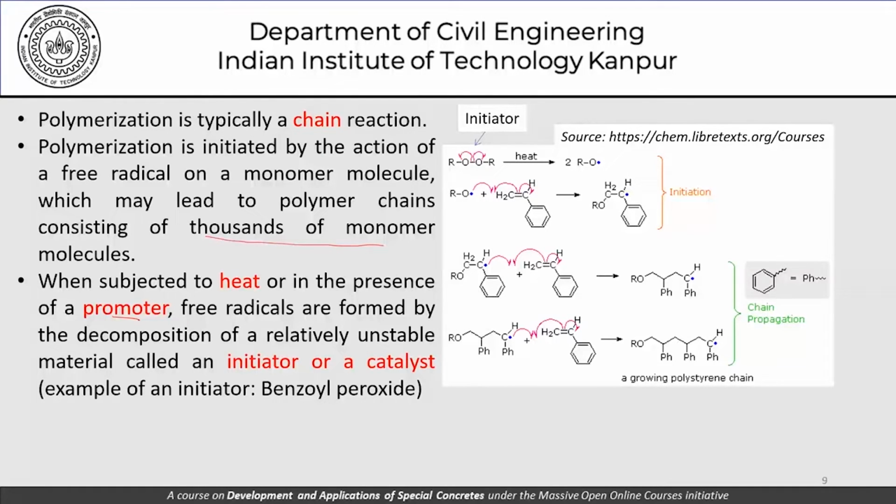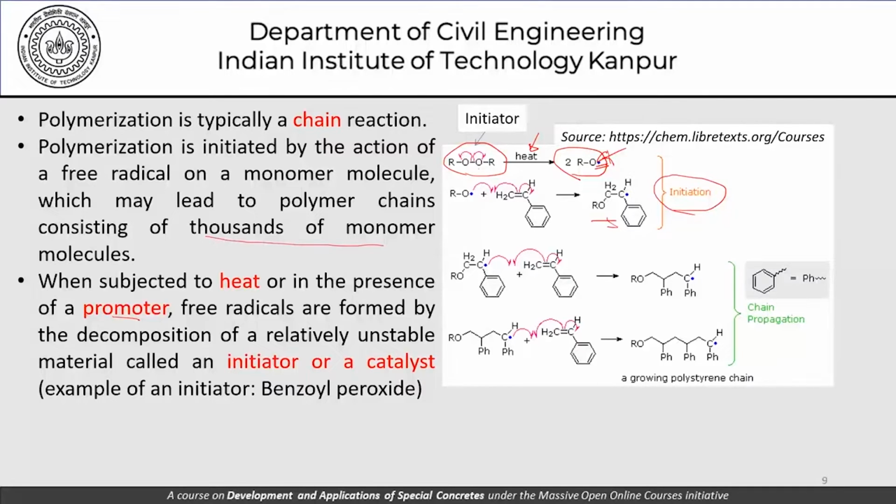Now this process is represented here in this picture. This is the initiator, and we can see that this is what is formed upon application of heat as far as the initiator is concerned. So this initiator, which was not a very stable compound, has this element here which makes it kind of reactive. Now this attacks this double bond here, leading to this formation here, and this is what is the initiation of